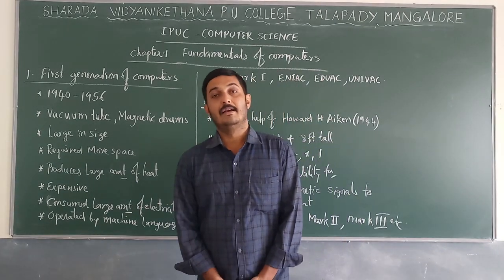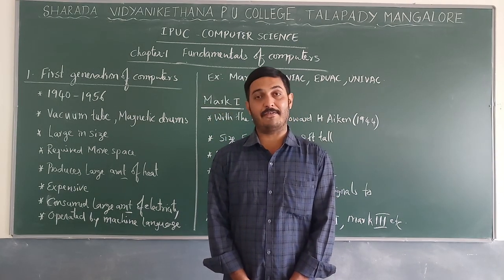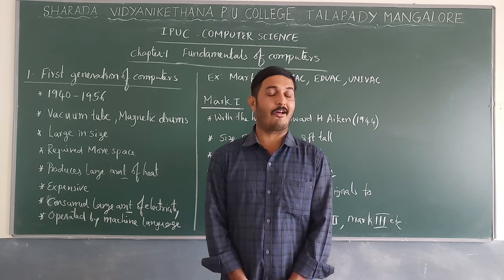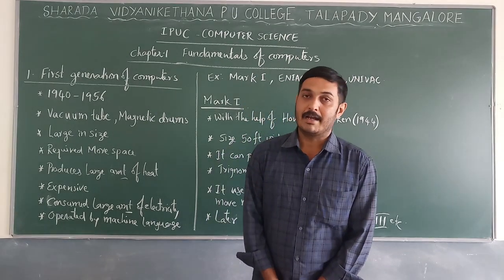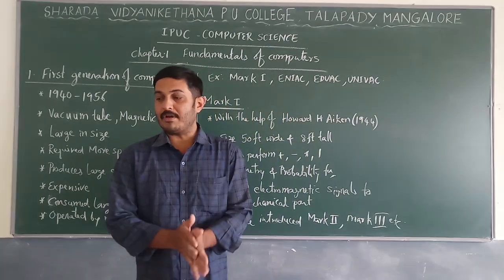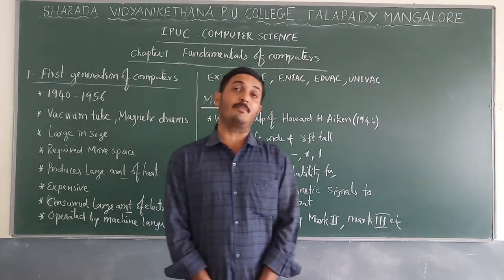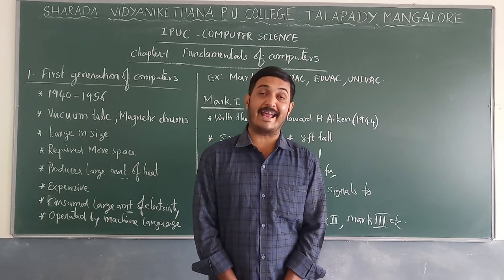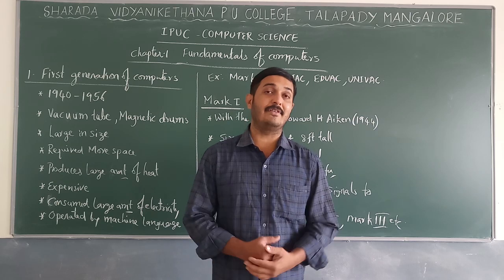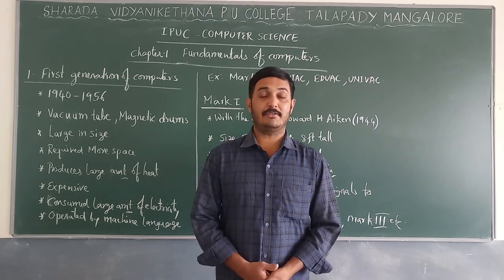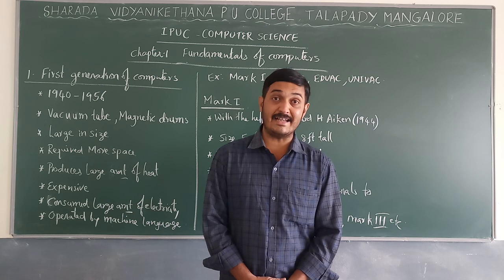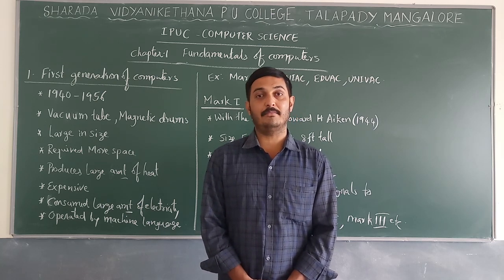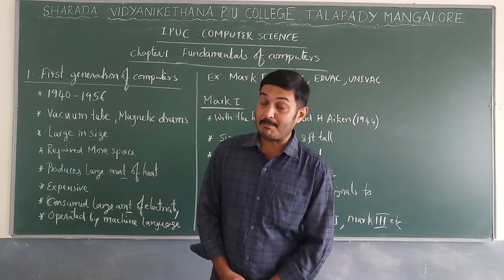computer is the abacus. It's around 2500 BC, a wooden frame with some beads, fixed with some rods or strings. And the second one is Napier's bone, which was already explained in the last class. Napier's bone means John Napier, a Scottish mathematician, used 9 bones carved with some numbers or digits, and there is one fixed bone, the 10th bone, to indicate the 0, and using that we can perform some operations. That is Napier's bone.